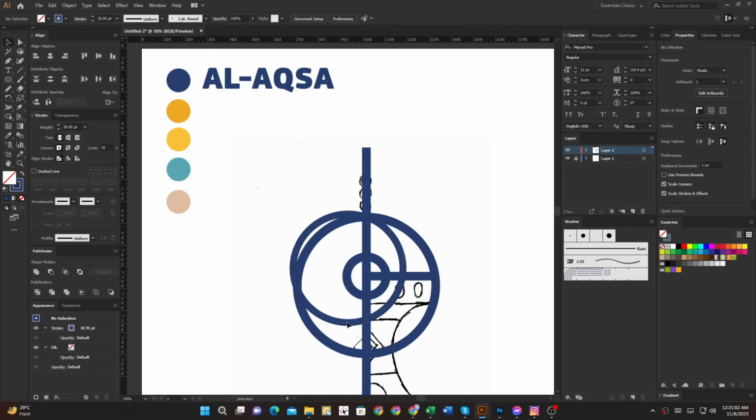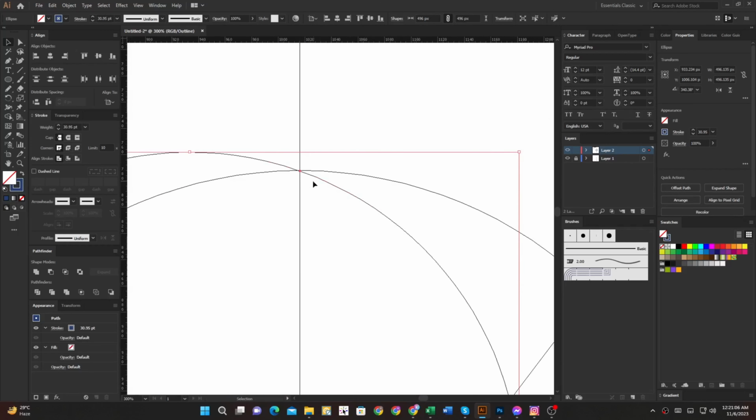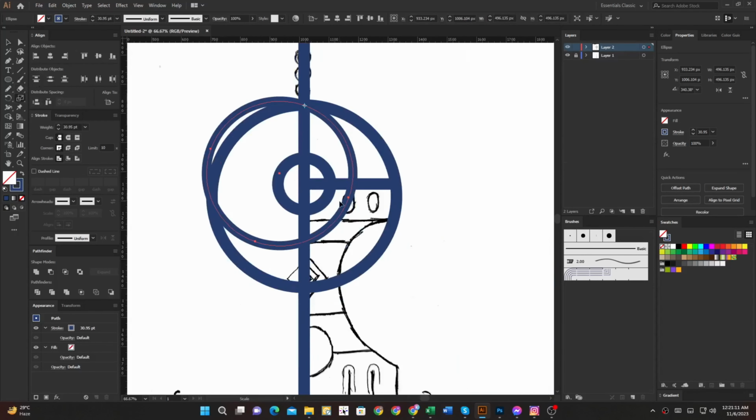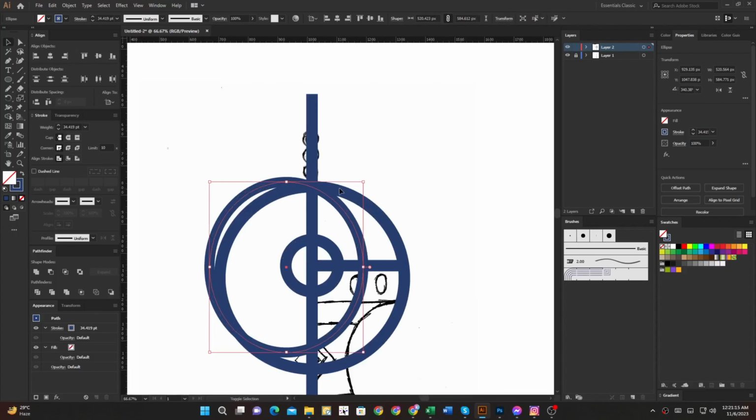And it's some connection. Then I use a shape builder tool for remove.